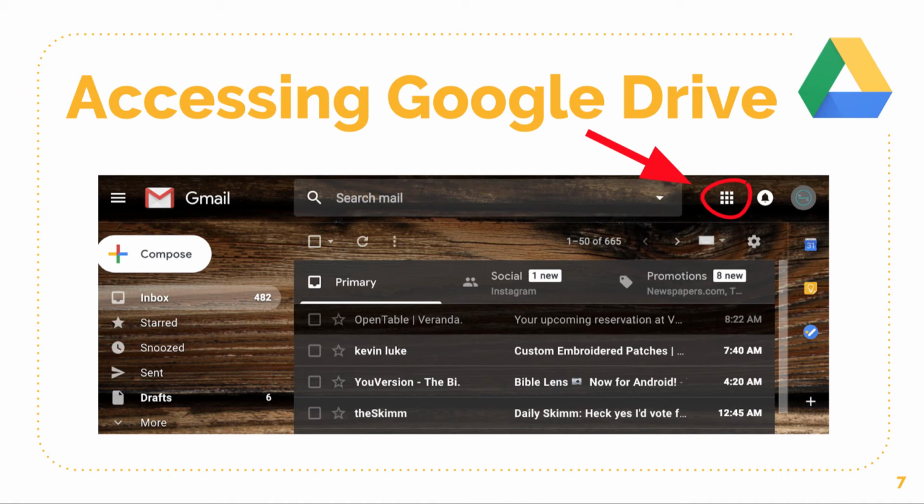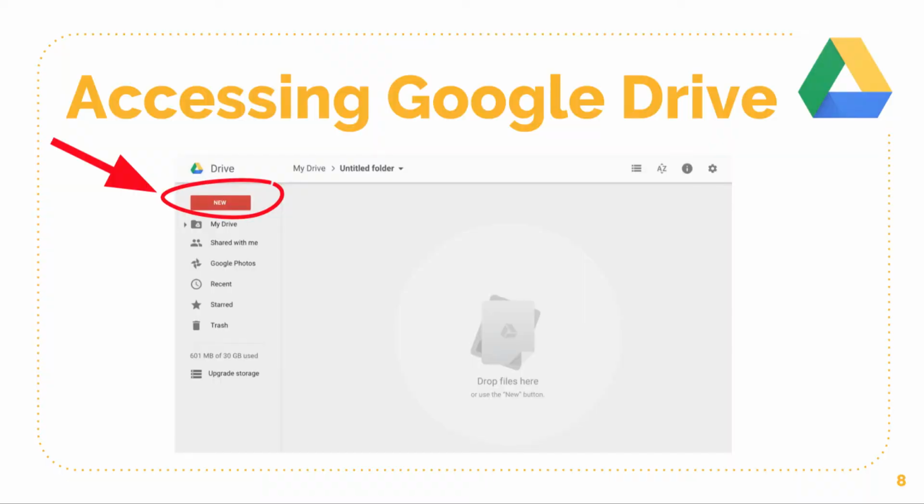After logging into your UH Gmail account, you'll notice a series of dots forming a square up in the upper right-hand corner of your Google or Gmail account. Here's an image depicting that square with all those dots. If you click on that square with all of those dots, it'll open you up to a resource that says Drive. And you click on Drive and you will come to this new page that has a lot of different information, including